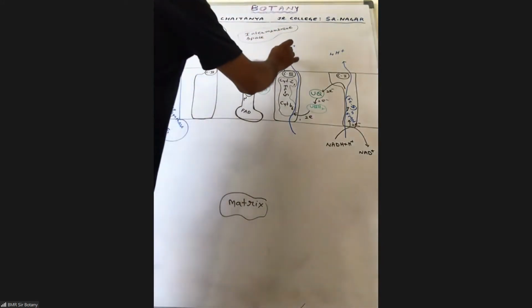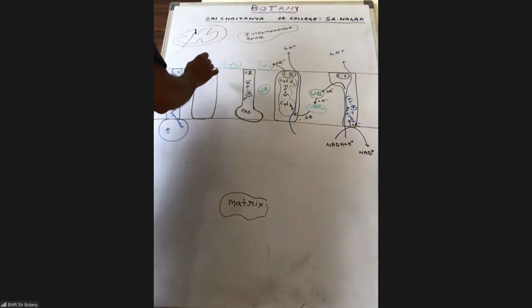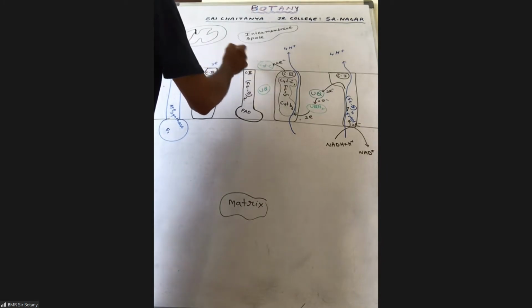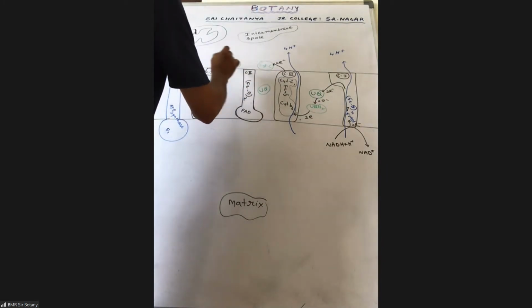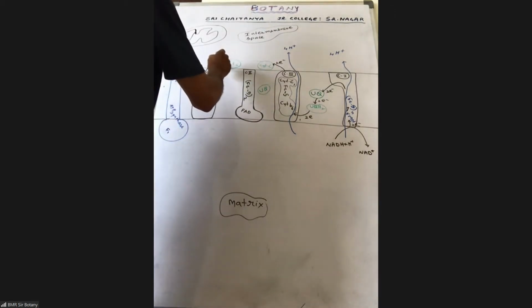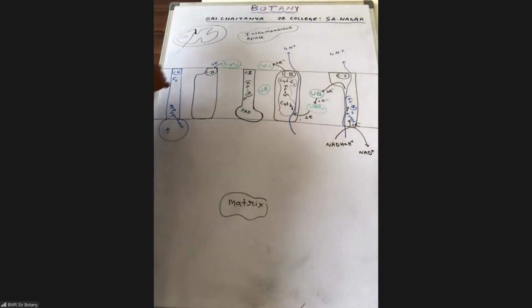Then electrons are passed on to cytochrome C, which is a mobile carrier. And this cytochrome C will pass on the same 2 electrons, because it is mobile, from here to here on the intermembrane space side. Transfer the same 2 electrons to complex 4, which has cytochrome A, cytochrome A3, no iron sulfur, plus 2 copper centers designated as CuA, CuB.